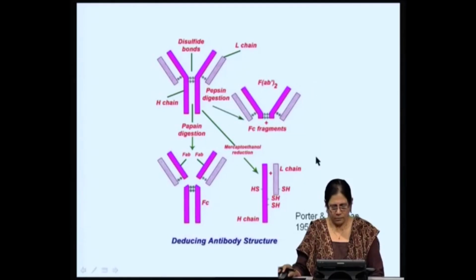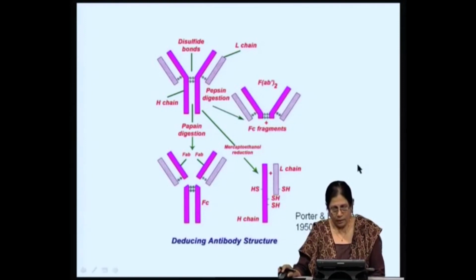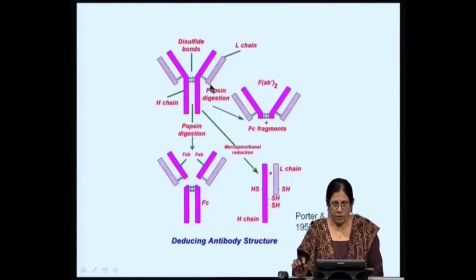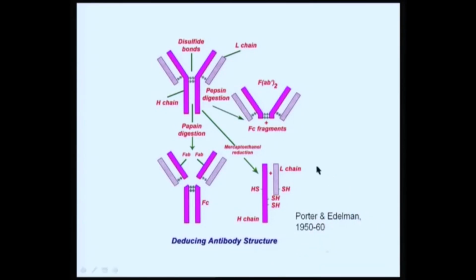Now, there were a large number of scientists who were looking at the structure, and now we know the structure as two heavy chains which are held together by disulfide bonds, which in turn hold the light chains. But it took very many years for Porter and Edelman to come to this, just because the technology then was not as advanced as it is today, and they always needed to work with milligram amounts of the molecule. Anyway,